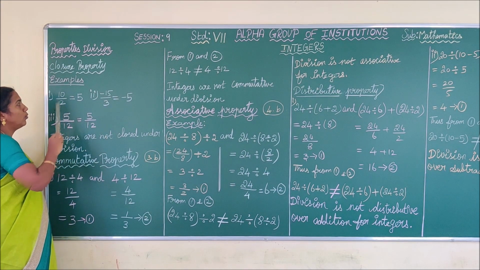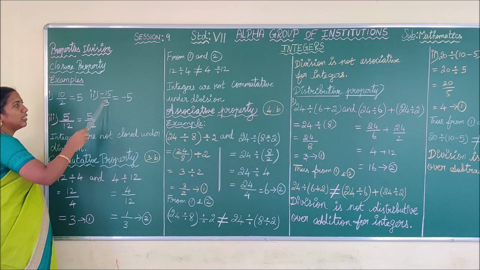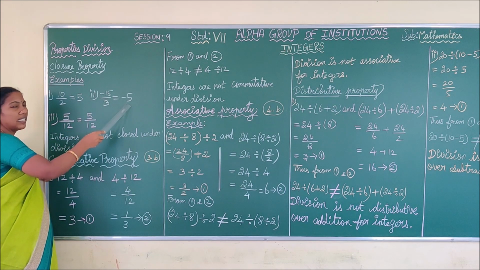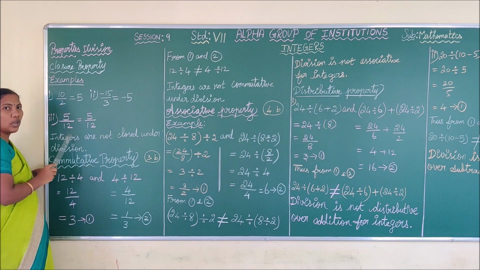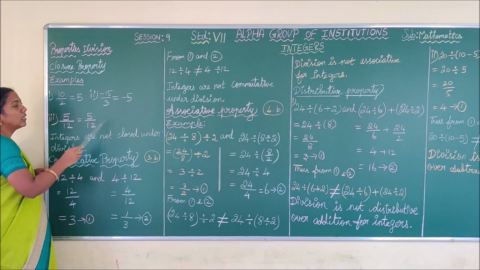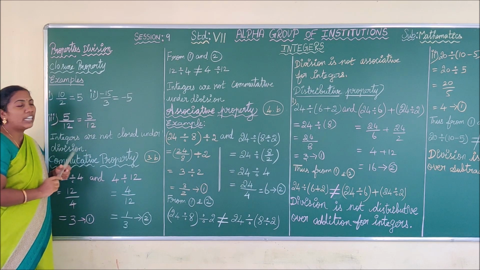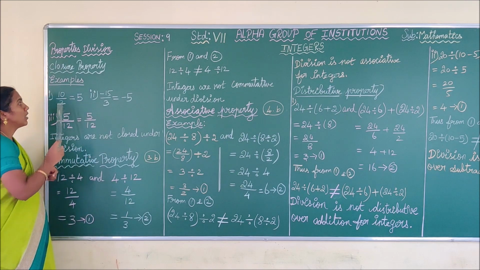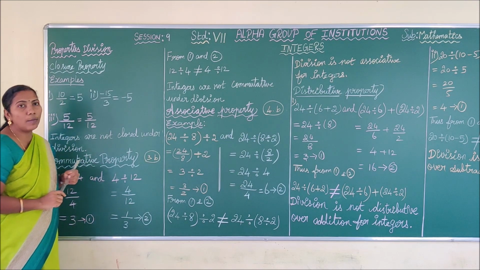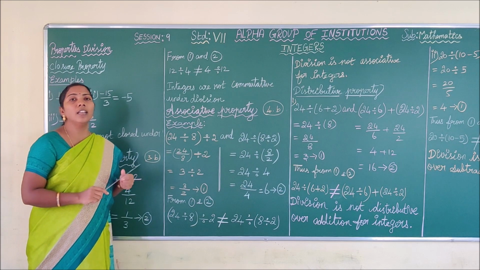Thus, I am taking two integers, applying the operation division, and I get the result as an integer. See the third example, 5 by 12. If you divide 5 by 12, we get 5 by 12, or the answer should be in decimal. Definitely not an integer. Thus, we can say if you take two integers and apply the operation division, we may get an integer or